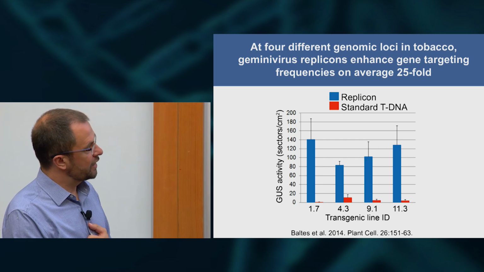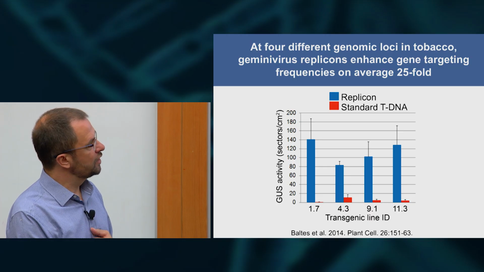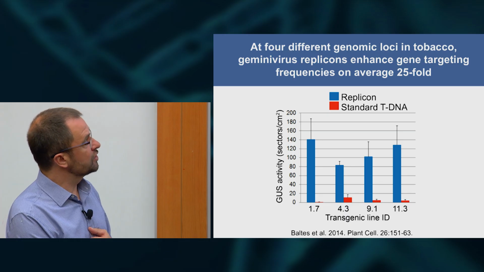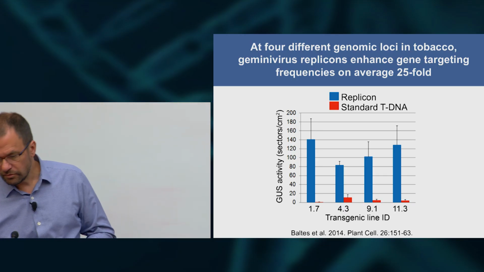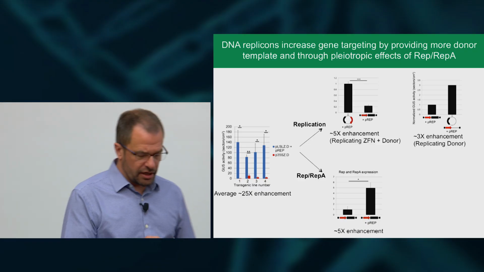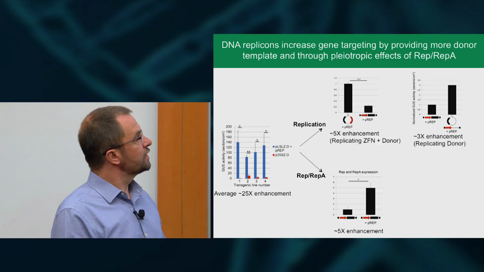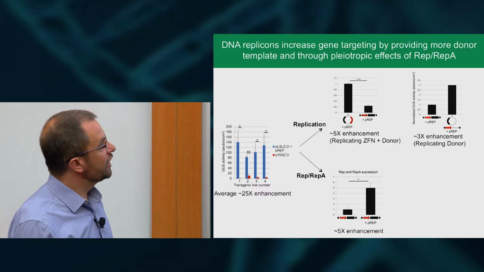So these are independent transgenic plants that had that reporter integrated in the genome. And this is delivery by standard means. So this is the frequency of gene targeting delivered by standard means compared to frequencies using the replicon. And the reason the replicons worked, we were able to tease this apart, was in part amplification of the reagents, as I suggested, and in particular amplification of the donor. And these experiments illustrate that.